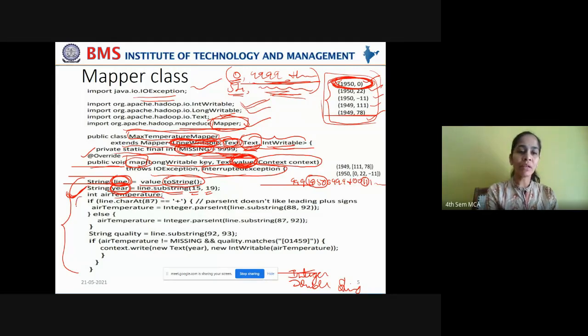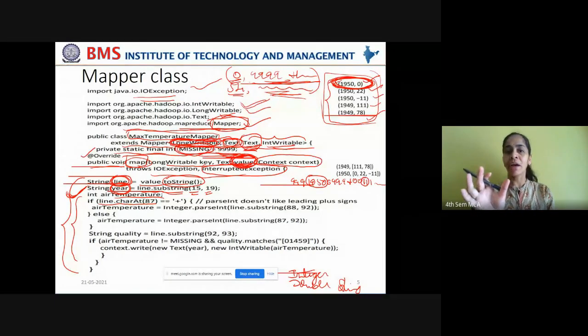What are those lines that perform checking? See this. If line dot character at 87, domain experts will help us to locate the year and air temperature in this raw data. So we very well know where the year starts or where the temperature starts, and you can write a Java program accordingly to perform this map task.